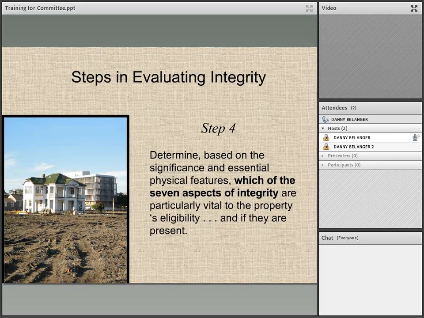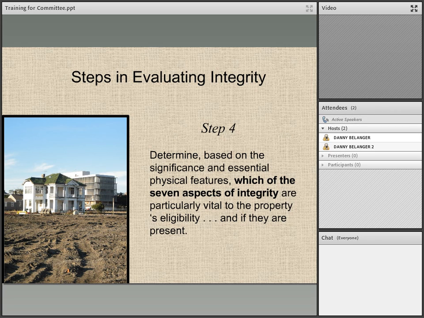Step 4, determine which of the 7 aspects of integrity are particularly vital to the property's eligibility, and if they are present. If this particular building were significant under C, architecture, do enough of the elements remain to show that significance? Does the setting change have a big impact on it? It probably has some impact, but not as much as the integrity of materials, design, and workmanship were if it